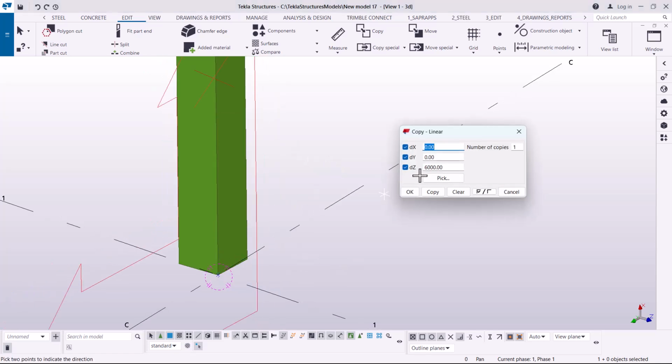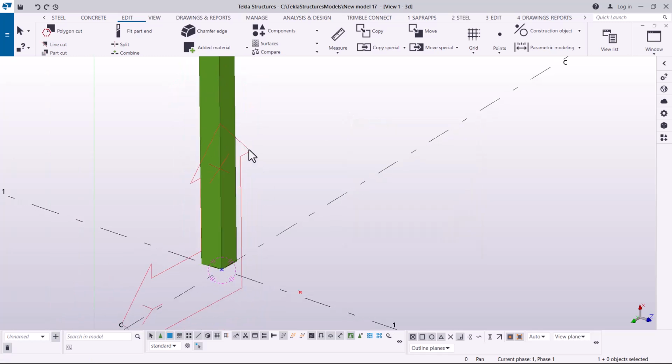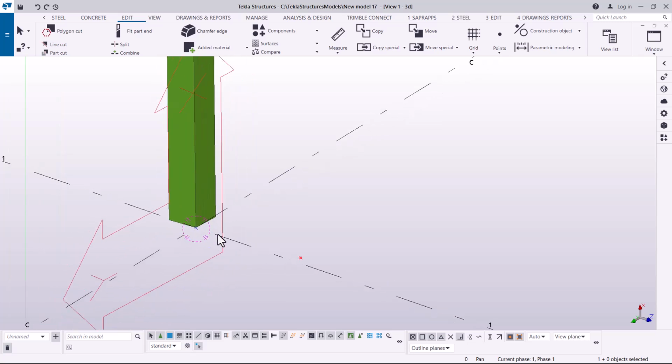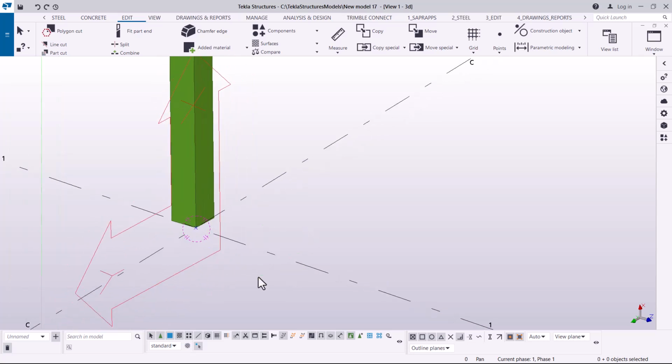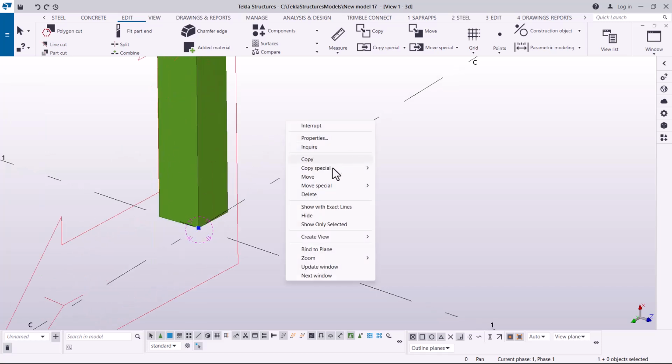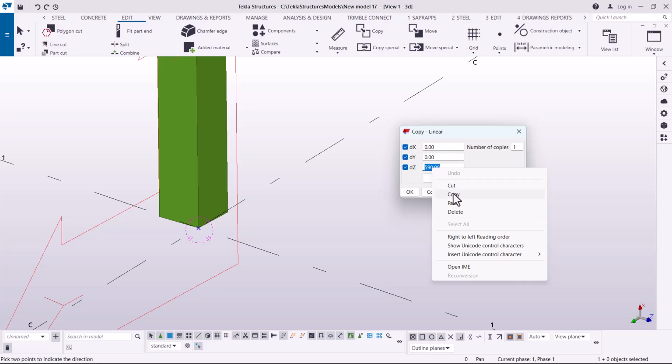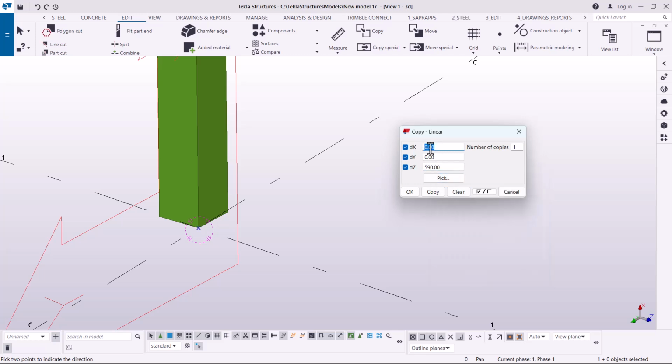Once I picked on linear, I'm going to key in here 590 and click OK. That 590 will be copied somewhere here, and I'll be able to see it. If you're not able to see it, probably this has been copied in a wrong position. So I'm going back to select it, press Ctrl, deselect that part, right click and come to spatial copy and pick on linear. I placed that on the z-axis, which was not our intended point. I'm going to copy it and place it on the x-axis, and I'll place it right there. Paste, click copy. So once that has been copied,